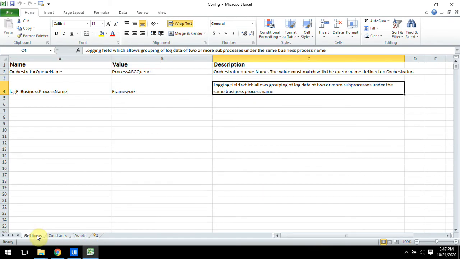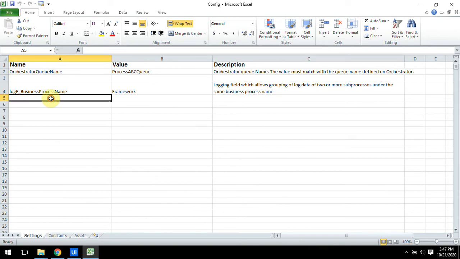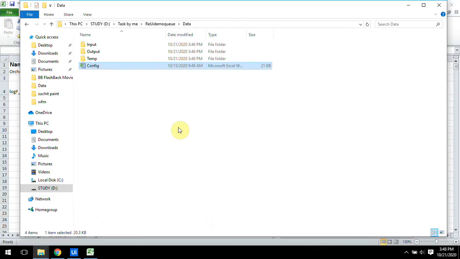Since we are using two things, first one is a transaction Excel file and second one is a UI app, we have to give the path or configuration value here. The first value that we have to give is the path of your Excel file. Right now there is no Excel file, you have to copy the files.